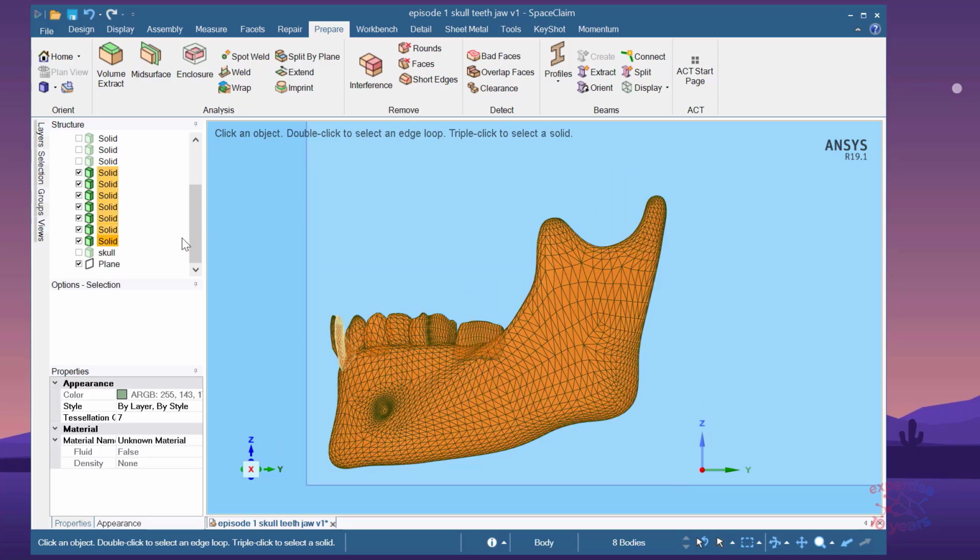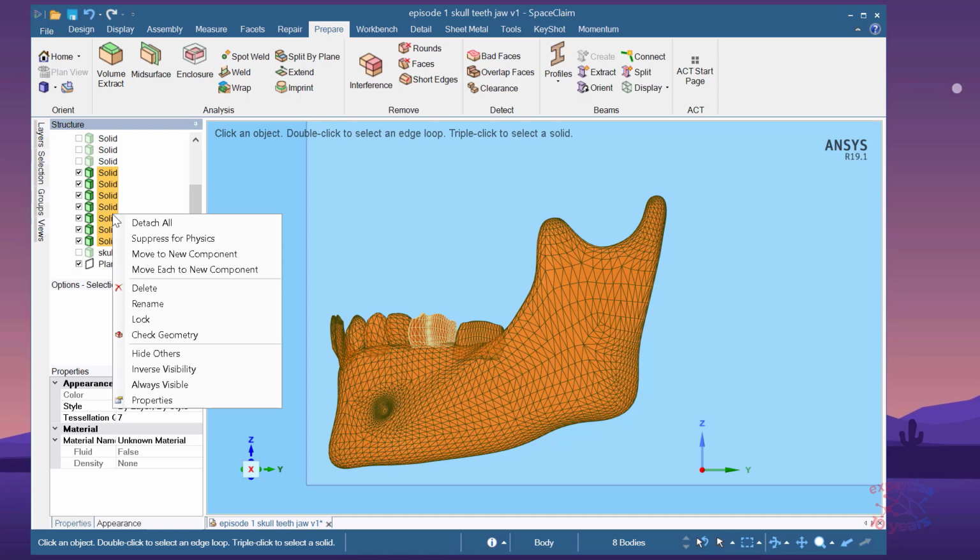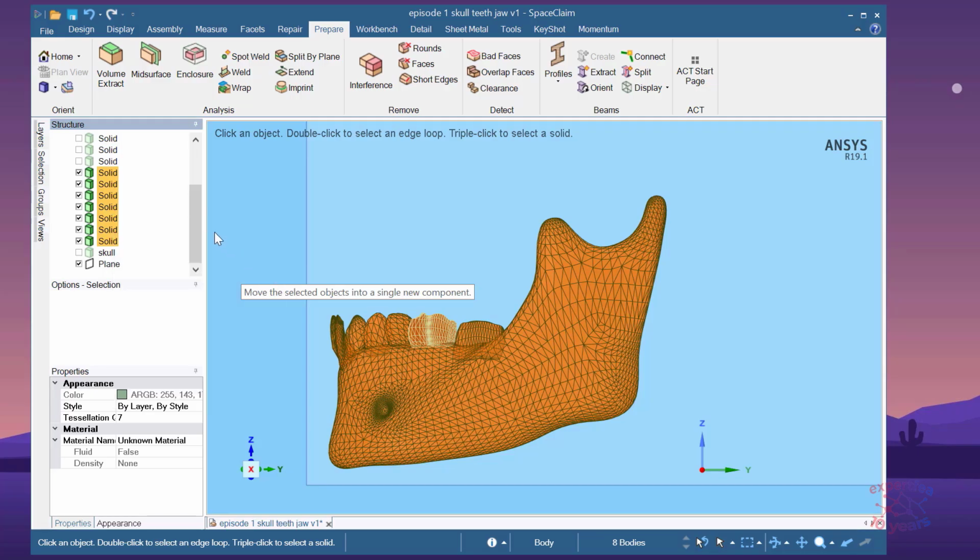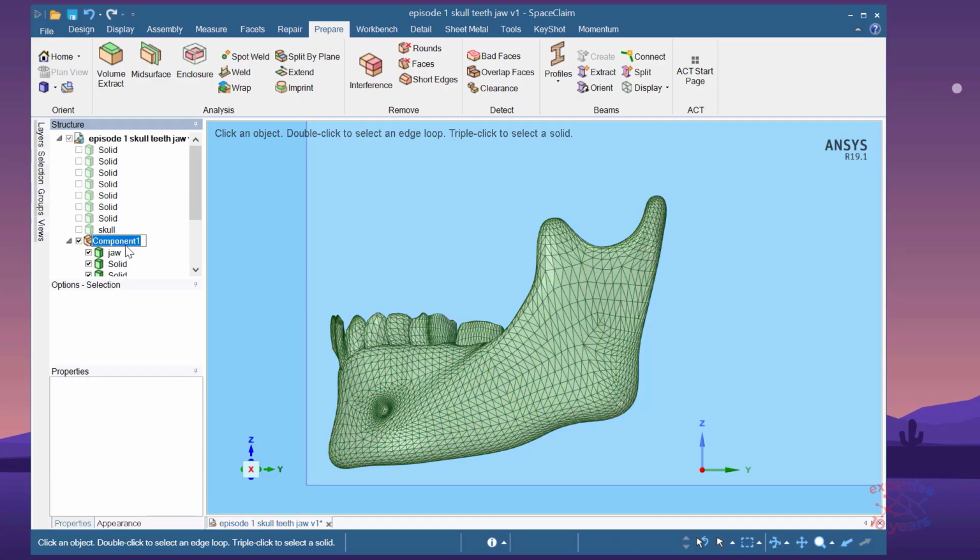You can see some of them highlighted here. Look, jaw there, and yes, we can right click, move to new component. Everyone, not each. All of them move to new component, which is in reality a sub-assembly, let's say. So here we will name it like lower, and